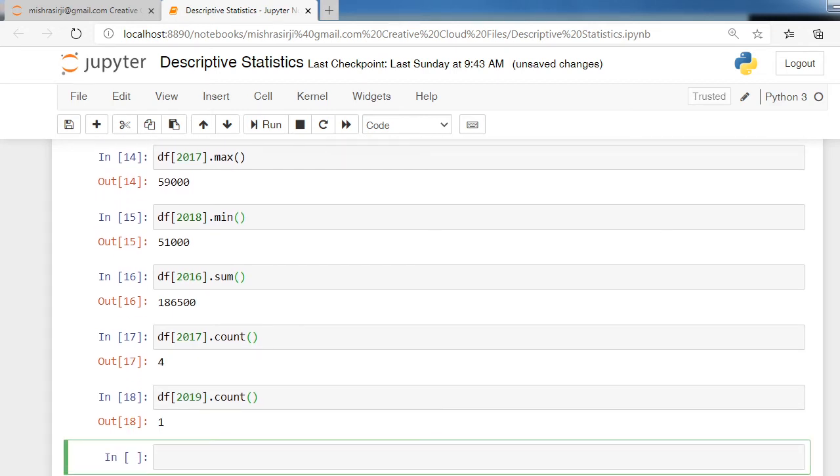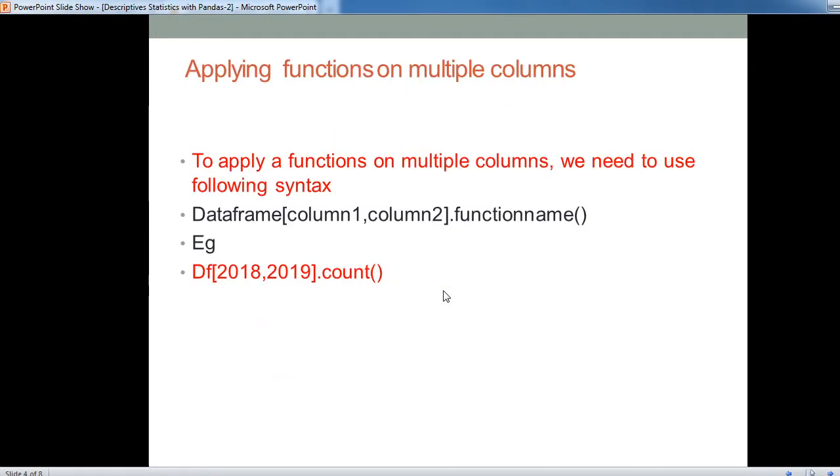Now the next topic is applying a function on multiple columns. If you want to apply any aggregate function on a set of columns, you have to write name of data frame in square bracket, name of columns separated by commas, dot name of the function which you want to apply.